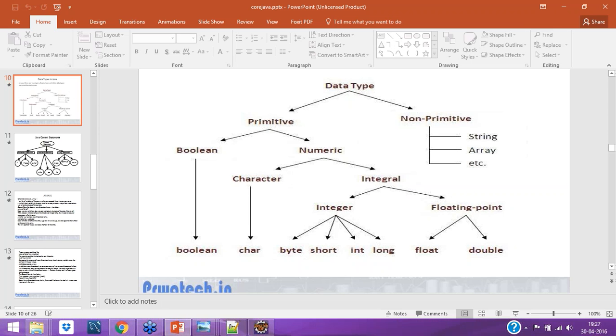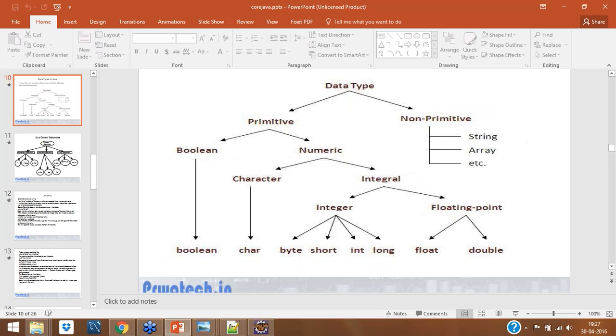Some time ago I told you that string is a data type. String is a non-primitive type, which means we have a lot of pros and cons of string, but it's vastly used. We have arrays and a lot of other things. Java is very vast, you can go through a lot of things. So primitive has the booleans and numeric.